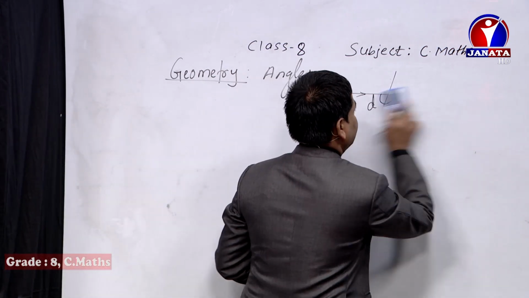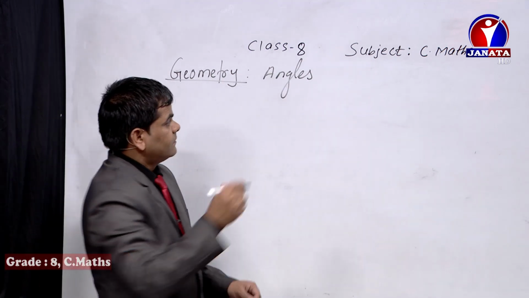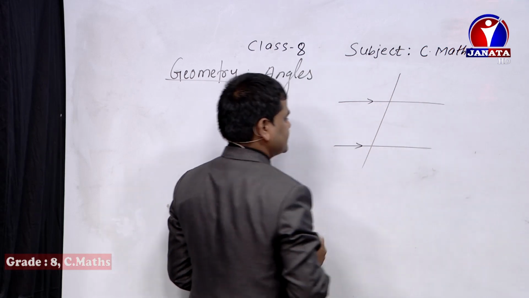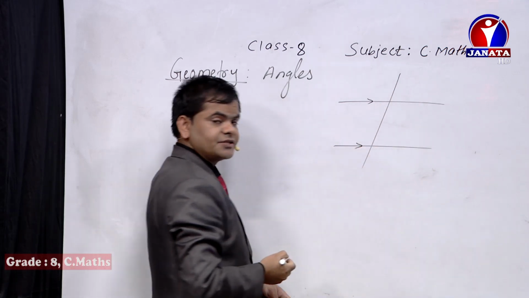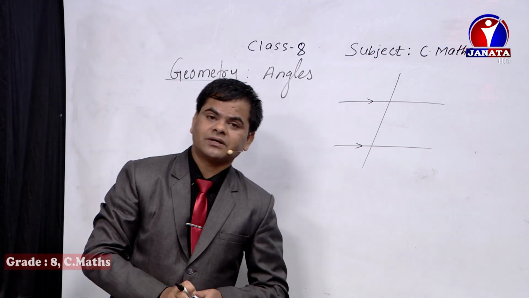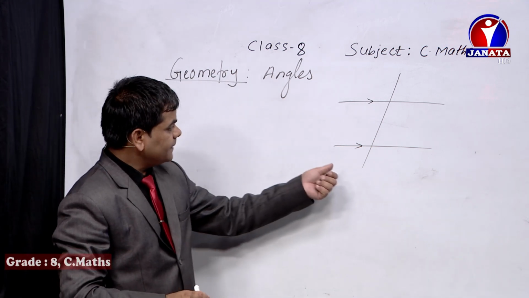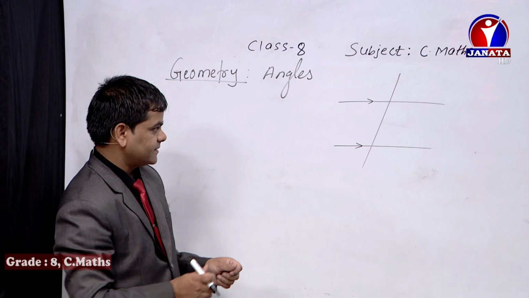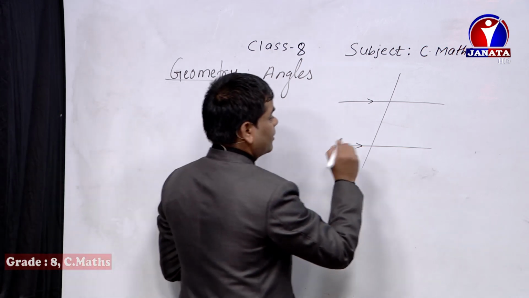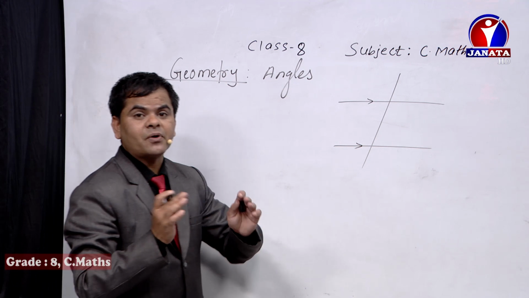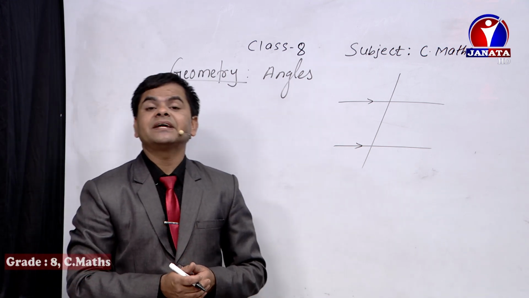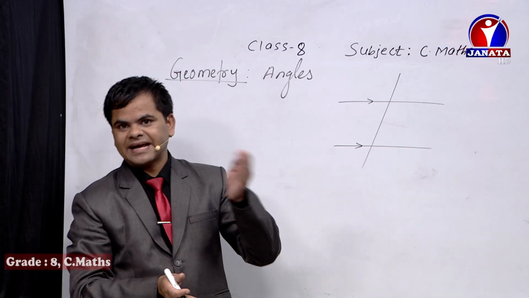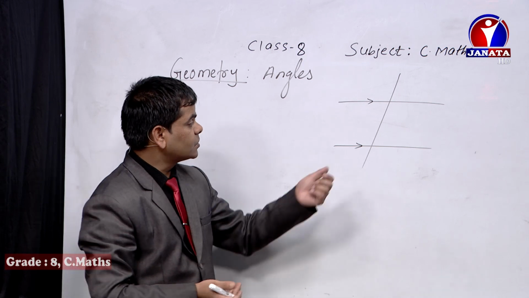Now let's go to another one. For example, these two lines are parallel to each other. Alternate angle, dear students, at that time I had discussed the interior alternate angle. Today I am going to present both interior as well as exterior alternate angles. First of all, let's think about the exterior alternate angle. What are the properties of exterior alternate angles? They are equal to each other. Whether it is interior alternate angle or exterior alternate angle, they become equal to each other.